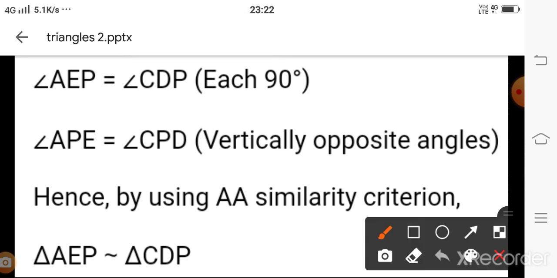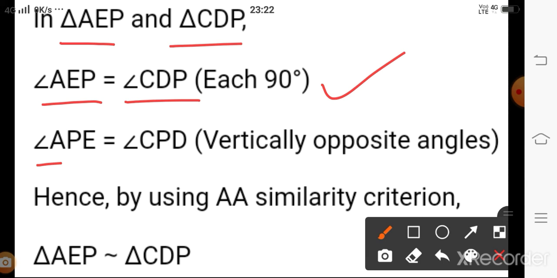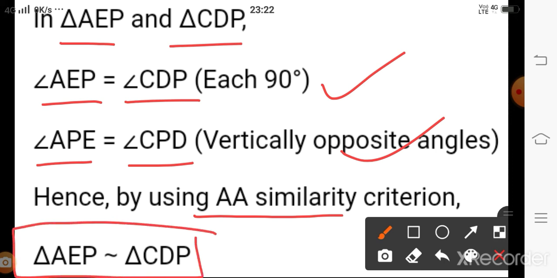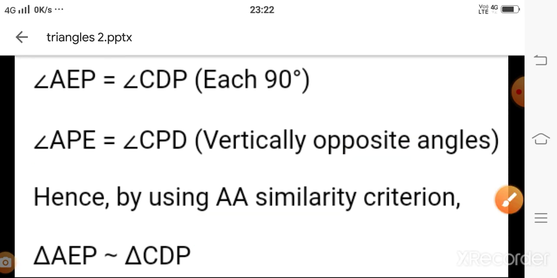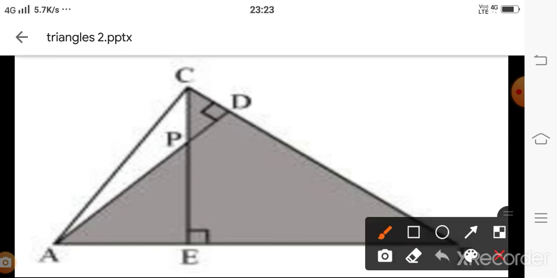Then let us do this. In triangles AEP and CDP, angle AEP is equal to angle CDP, each 90 degrees, and these two angles APE and CPD are vertically opposite angles. Then by AA similarity, we are able to write triangle AEP is similar to triangle CDP. Also we are able to write the sides proportional. In the second part, we have to show this